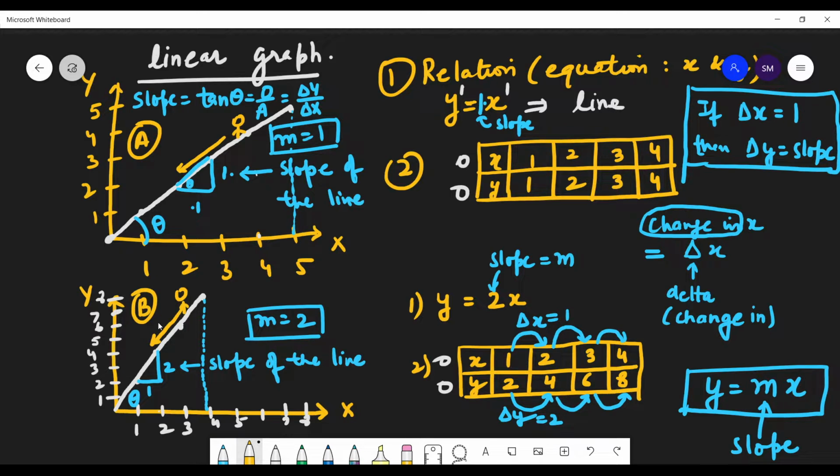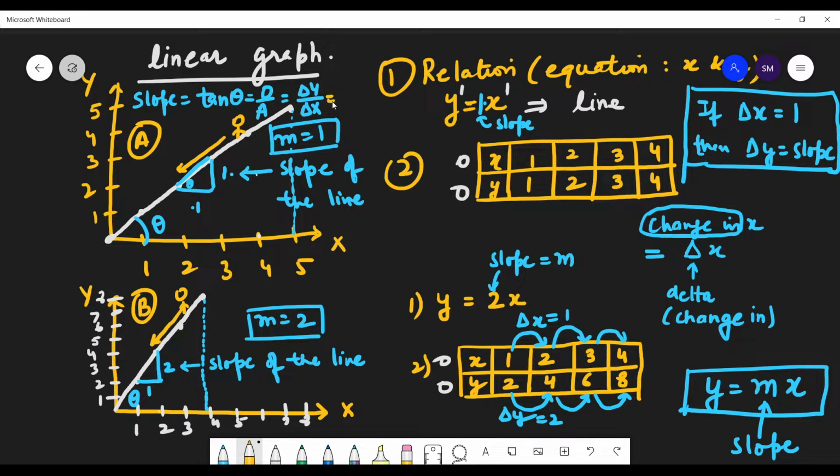Okay, sir. So the mathematical way of telling the slope. Here you can see the slope is 1. Here there is more slope, you will come down faster, so slope is 2. Is this okay, students? Yes, sir. So slope, which is your m, is tan theta, opposite upon adjacent, change in y-axis upon change in x-axis, right?